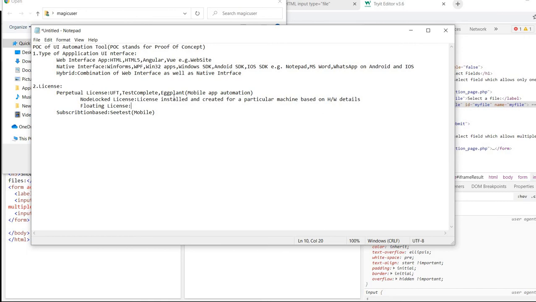Let's say if I left the organization, my license is still installed on that server, that information is with the server, and 9 people are currently using it. Any new person, once he gets access to the company's network, will install the automation tool. That license will not be installed on his machine.